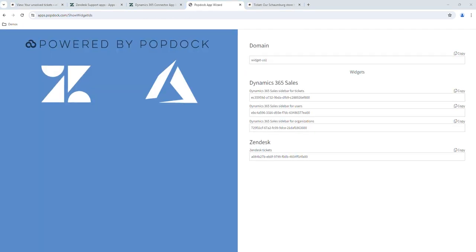Now what returns is this page that provides a handful of different widget IDs. This first section, the Dynamics 365 section, are all widget IDs that we will be plugging into our Zendesk environment to show data coming from Dynamics 365 sales. We also do have a widget ID for Zendesk tickets, and this would show Zendesk tickets inside of your Dynamics